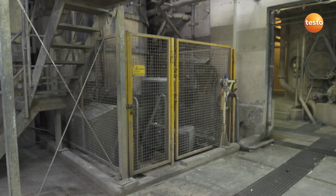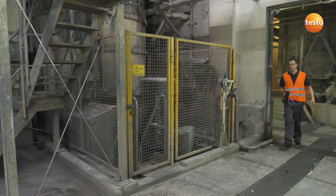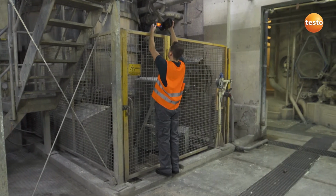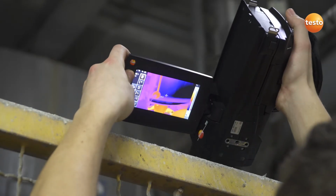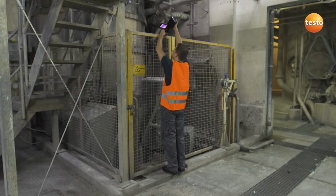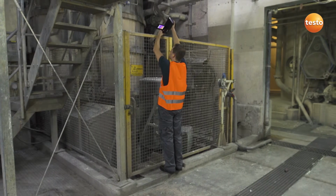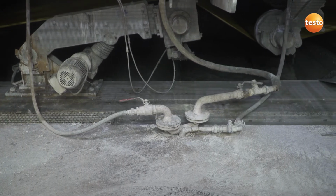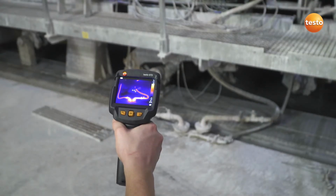The danger areas of plants are often blocked by a protective grille. In contrast to imagers with a pistol design, the ergonomically constructed thermal imager Testo 885 with its rotating display and handle allows you to measure conveniently behind the grille. Here, just a quick glance whether the pipe is tight, and then you'll see how Testo thermal imagers can be